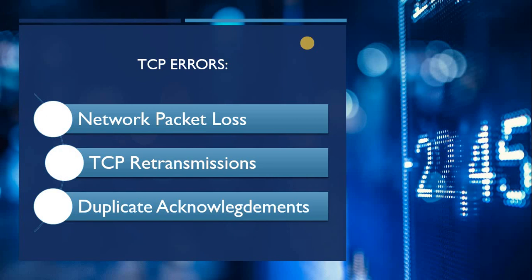Also, I'm going to talk about duplicate acknowledgement. The sender sends some packets but they fail and are retransmitted, but after a certain time the same packets arrive. Then the server side sends the acknowledgement only once for both, so the acknowledgement becomes the same number. This is usually caused by high latency in the network. So these are some errors,